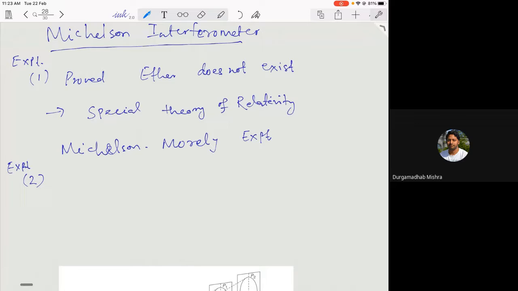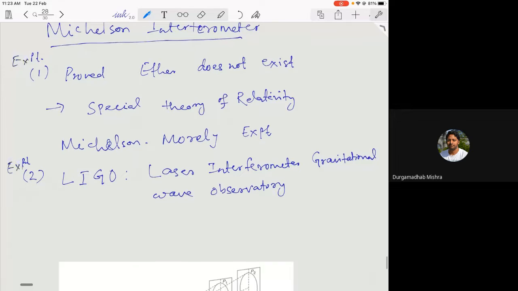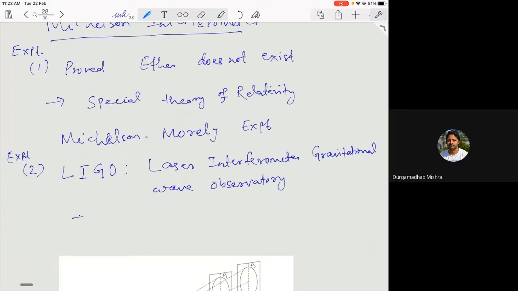And the second experiment is really a recent experiment, which is known, in short form, as LIGO. So it stands for Laser Interferometer Gravitational Wave Observatory. Here they use the same principle as proposed by Michelson. So it is again a Michelson interferometer, where they proved that gravitational waves